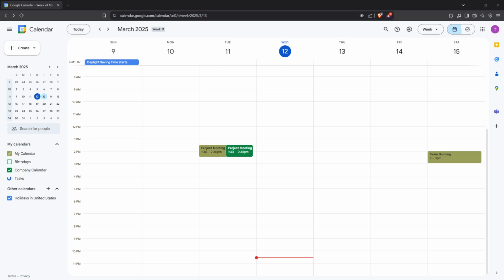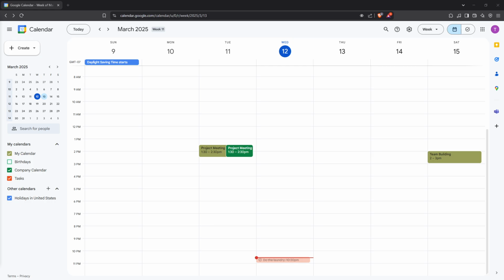In today's video, I'm going to teach you how to invite collaborators to Google Calendar. Whether you're planning a big project or just want to share your schedule with friends or colleagues, Google Calendar makes collaboration easy and efficient. Let's walk through the process together, step by step, so you can get started inviting collaborators